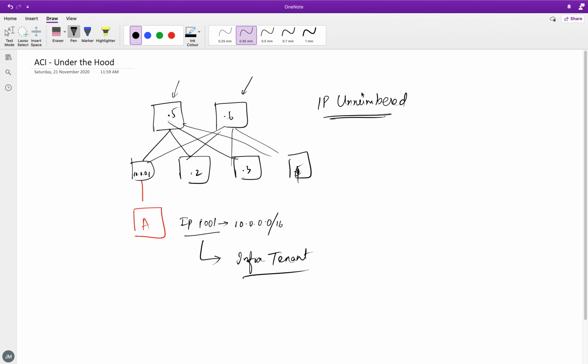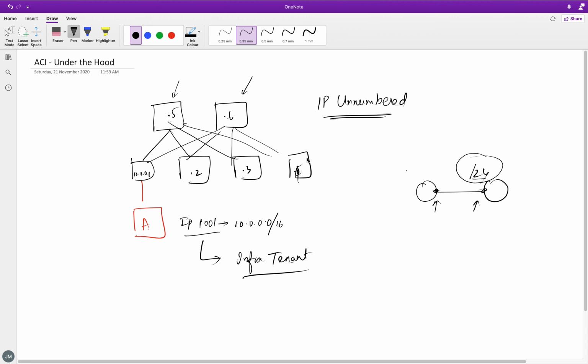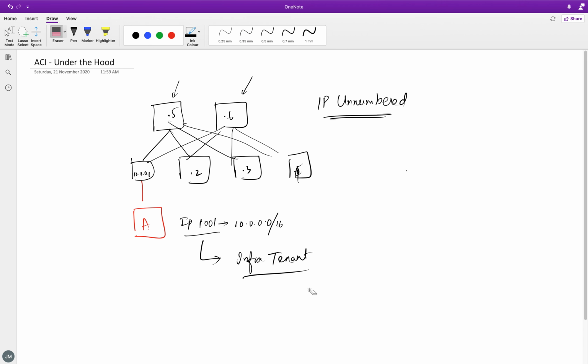Like back in the day when you had classful addressing, even between two routers, the smallest I could go was /24, right? So as a result, I had to use such a big subnet, even though I'm connecting directly connected devices where I want just two IP addresses, but I still had to use a /24 subnet during the days of classful addressing. So that time people came up with IP unnumbered, where they said, let's try to,